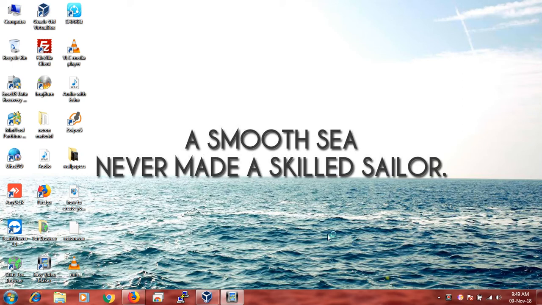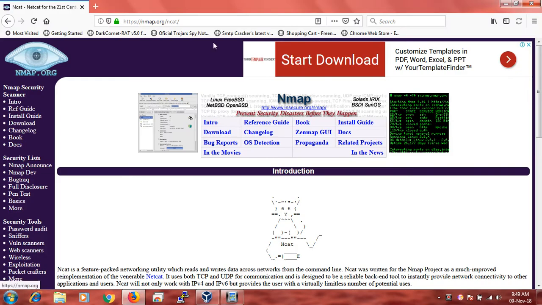In my last tutorial, I explained how to use Netcat for chatting on Linux machines, and today we are going to do it on Windows platform. As Netcat is not a default program in Windows, we are going to download it from the internet. So let's open our Firefox browser and navigate to the website